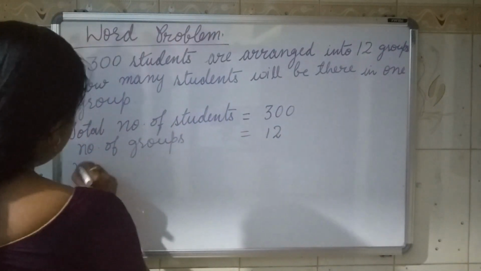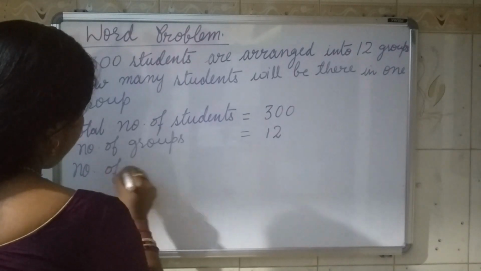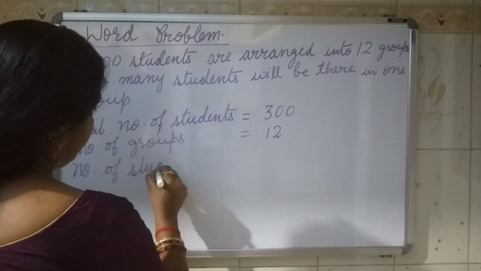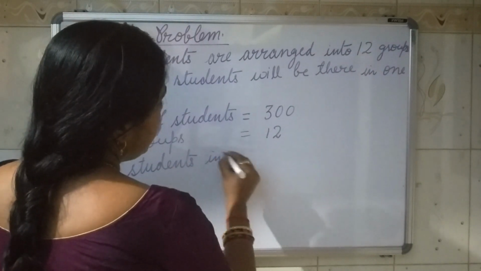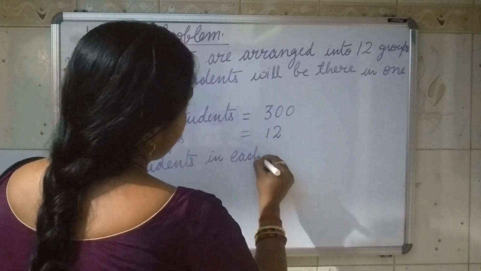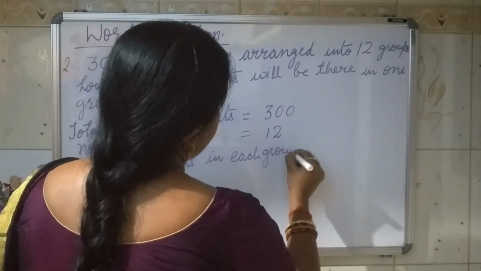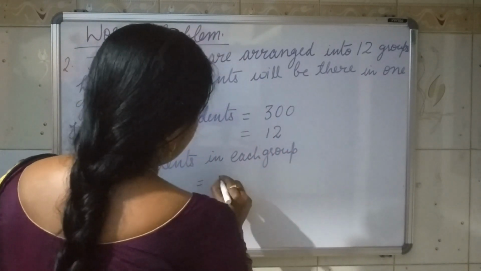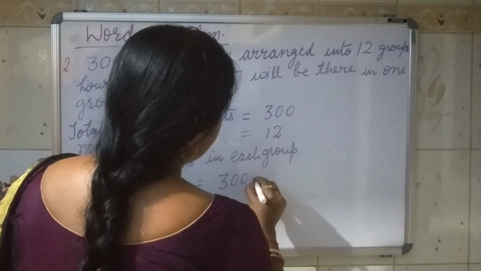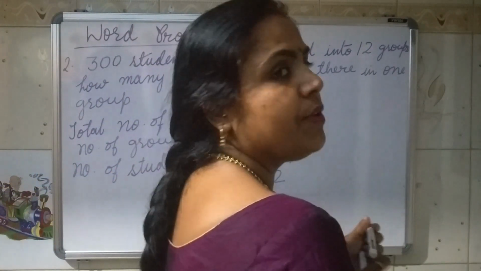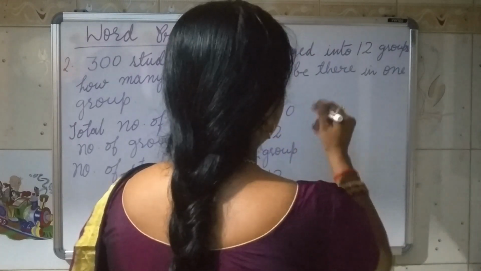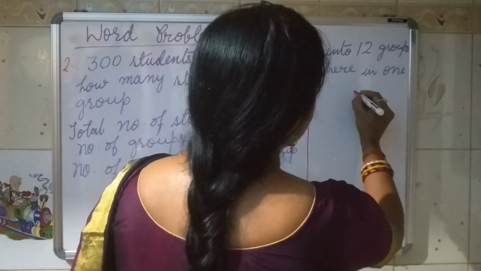So the number of students in each group is equal to 300 divided by 12. Okay, so the same thing we are going to do. We will again start from this place. Now 300